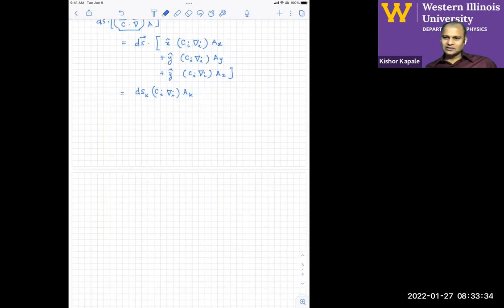Everybody with me? Because ds you can expand out into 3 terms, and only the x terms will be a product of the x terms, product of the y terms, and so on. And so we can just then write this as C i ds k del i